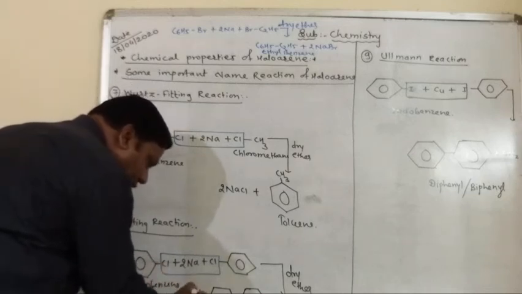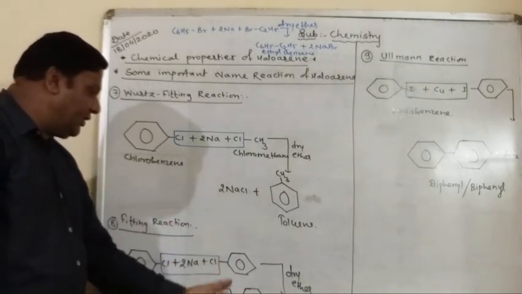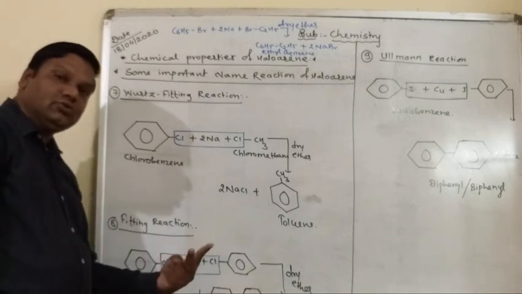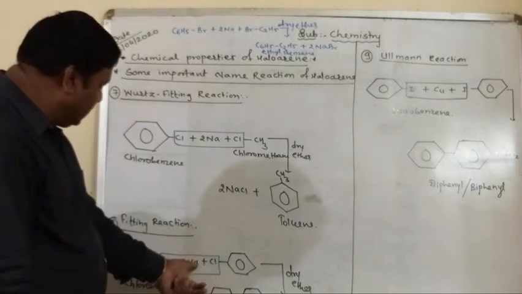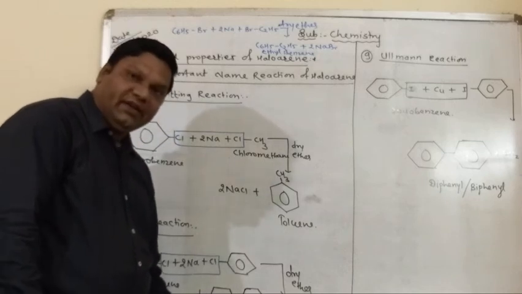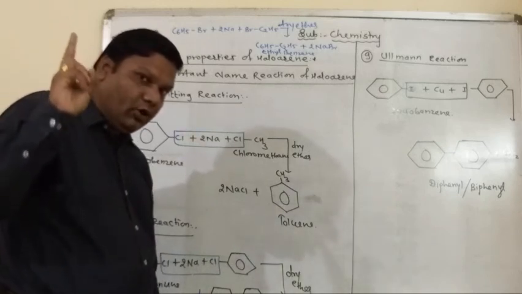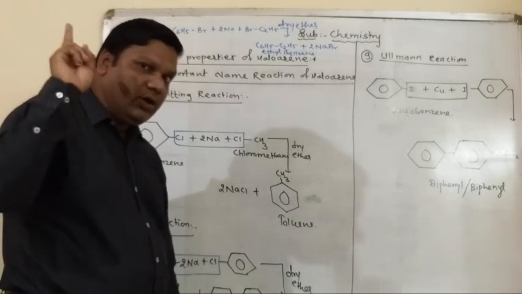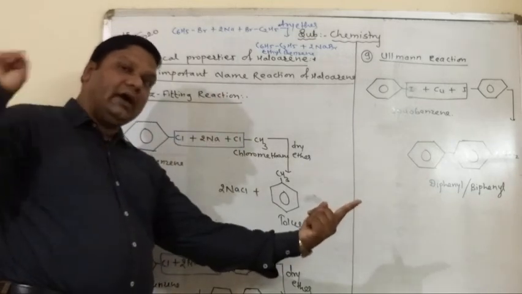and this phenyl group and that phenyl group combine with each other, and therefore it is named diphenyl or biphenyl. Bi means two, di means two. Understood? So two molecules of chlorobenzene react with sodium metal in the presence of dry ether to get biphenyl. That is the Fittig reaction. Understood? So in the Fittig reaction, two similar molecules of aryl halide. In the Wurtz reaction, two similar molecules of alkyl halide. And in the Wurtz-Fittig, one alkyl and one aryl.